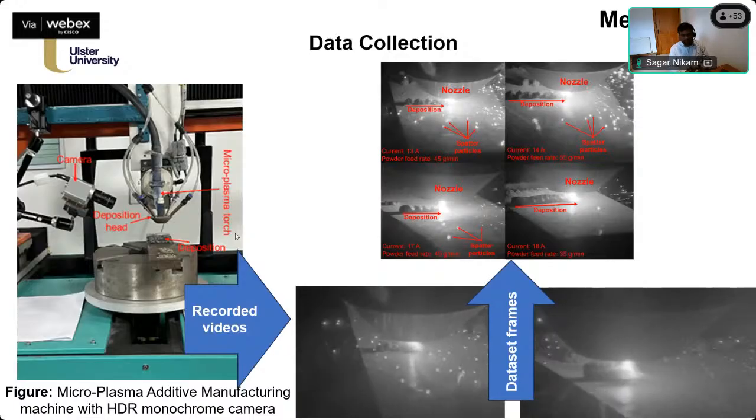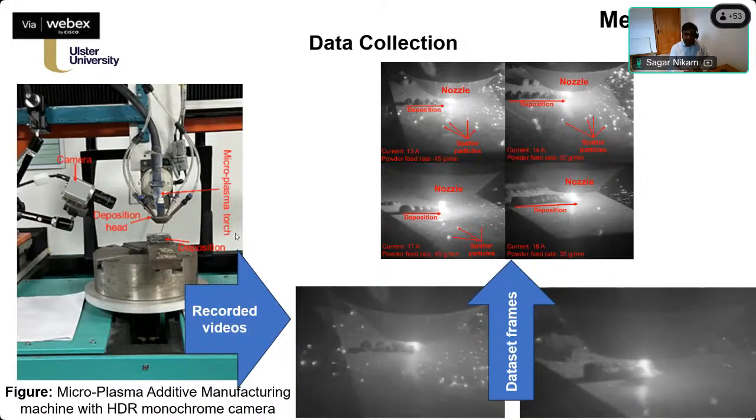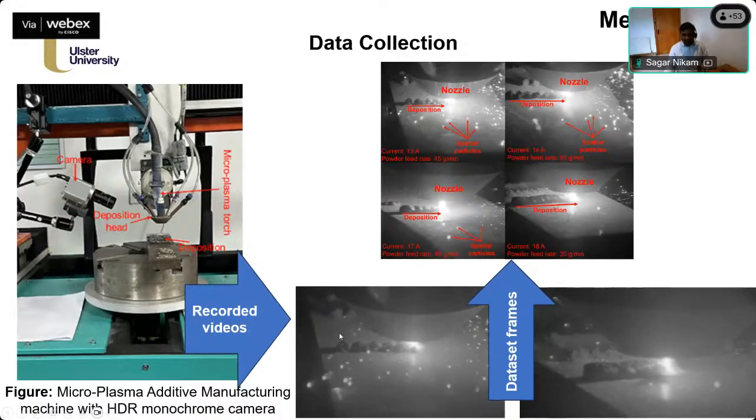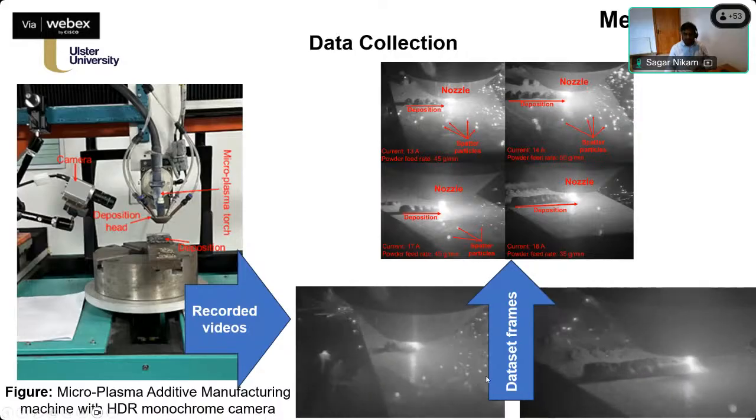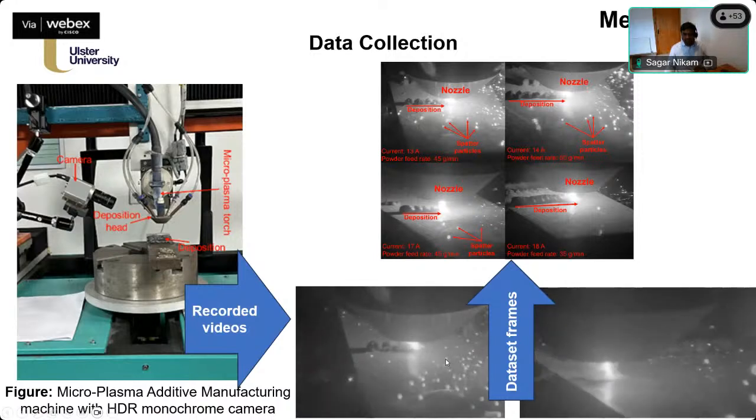We did it in collaboration with IIT Indore in India. They have a process called microplasma transfer manufacturing process, and we have been using vision-based cameras to capture the deposition process. If you look at the bottom, there are two frames running. The left one clearly shows the balling defects as we go on, while the other shows continuous step-out defects. We also used this study to capture the spatter. If you look at the small spatter particles, these two are very dangerous.